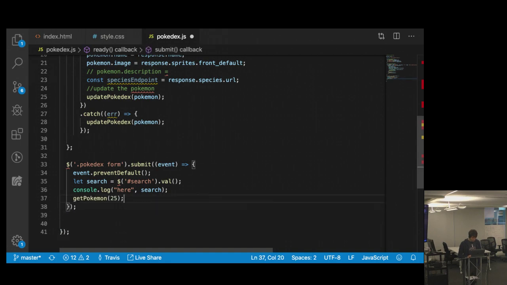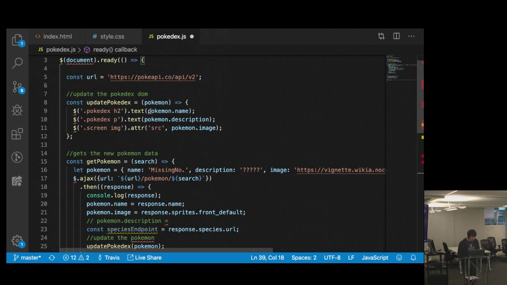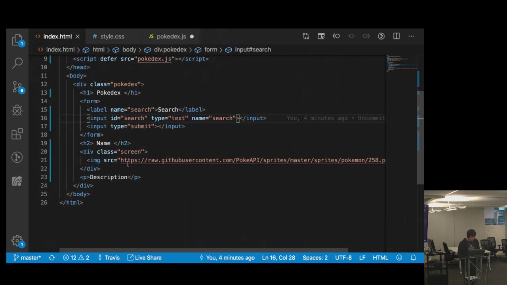What would the serialize do again? So serialize looks at a form and finds all the inputs and creates an object out of those inputs where the key is the input's name and the value is the input's value, like whatever's put in there. That's really helpful if we have maybe a register form where we're putting in multiple pieces of data and we need to get all of them and work together. But